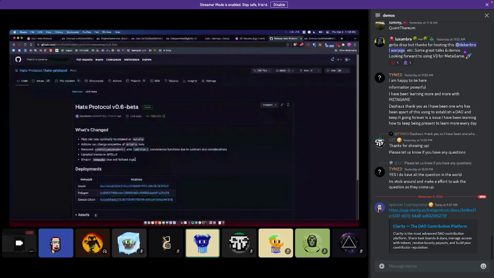But broadly speaking, Hats Protocol is going to be wherever DAOs are and wherever DAOs need it. There are some challenges with respect to building an app that supports all of those, as many of those that are here probably know. But at the protocol level, it will be wherever it needs to be.